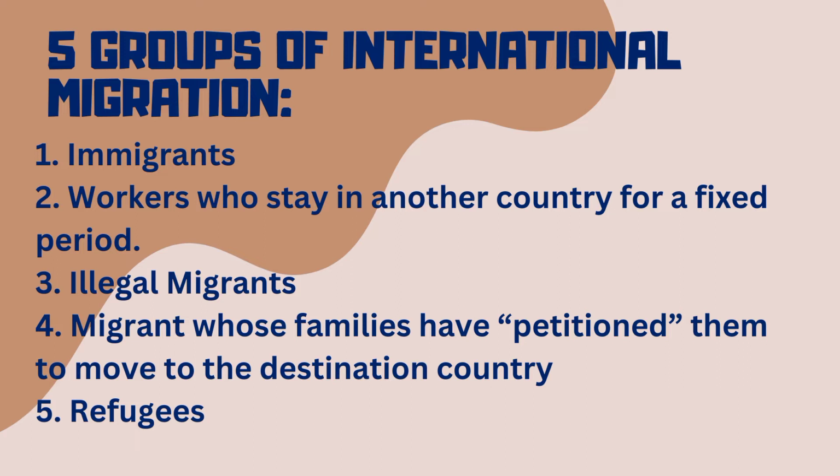So that is an example of chain migration. The last group are refugees. They are also known as asylum seekers. Refugees are people who have fled war, violence, conflict, or persecution and have crossed an international border to find safety